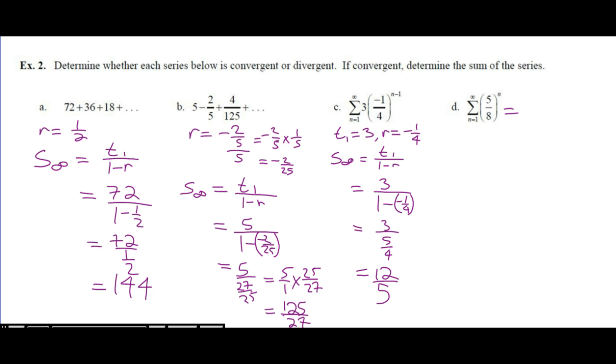So I'm going to put a 1 in there, so it's 5/8 plus, I'm going to put a 2 in there, so that's 25 over 64, and 125 over 512. So T1 is 5/8, and r is also 5/8, right? And the sum to infinity is